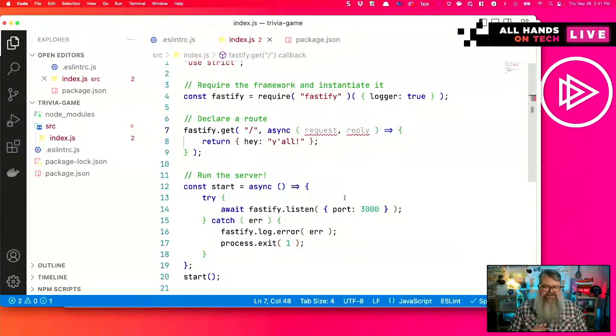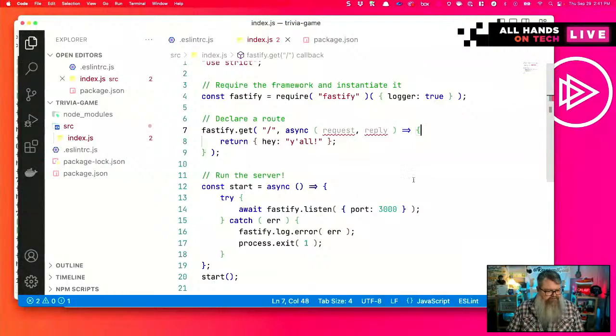So, broadcast messages from the server to all the clients, or from a client to all the other clients that are connected on that socket, which is really cool.